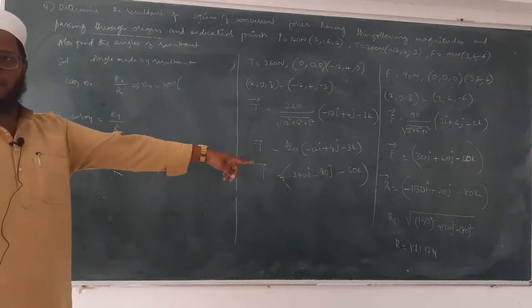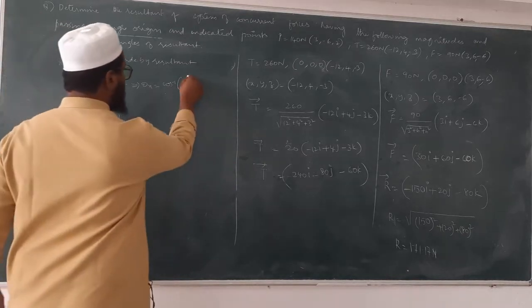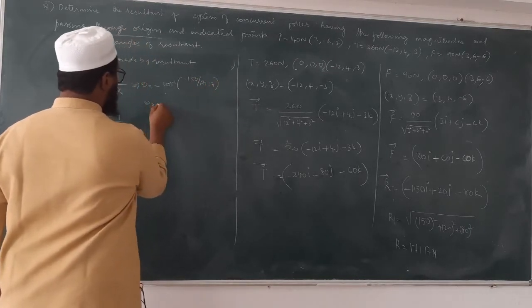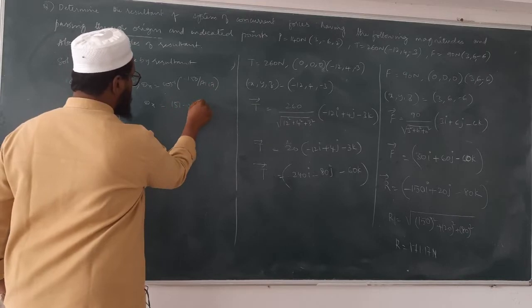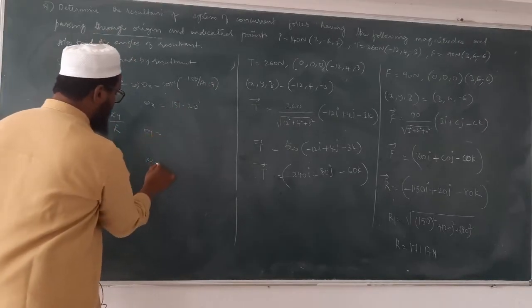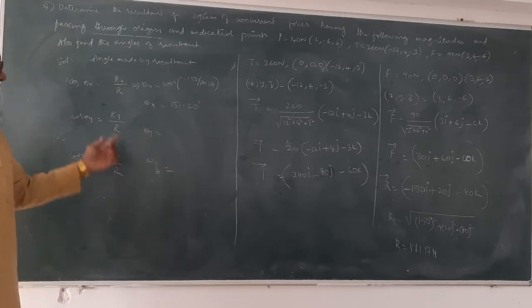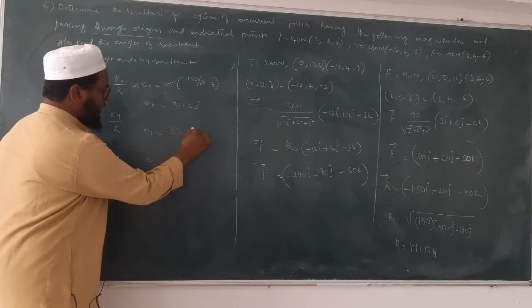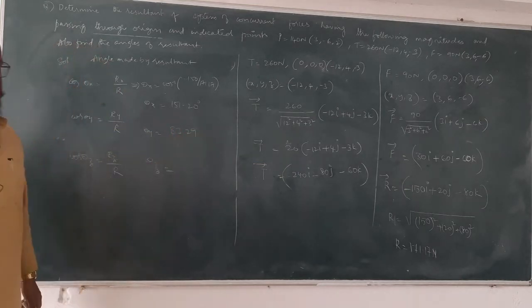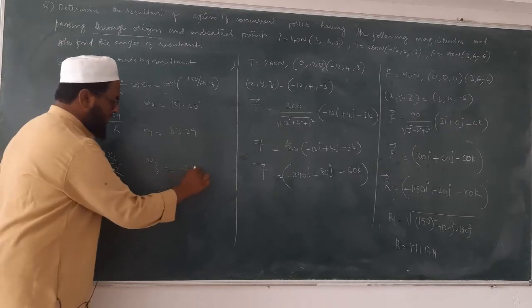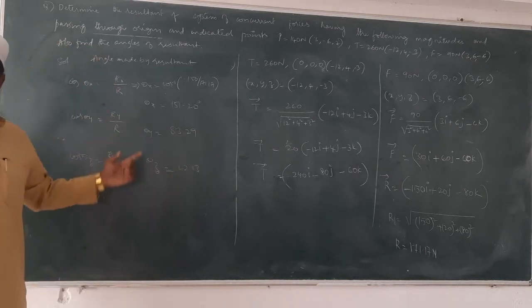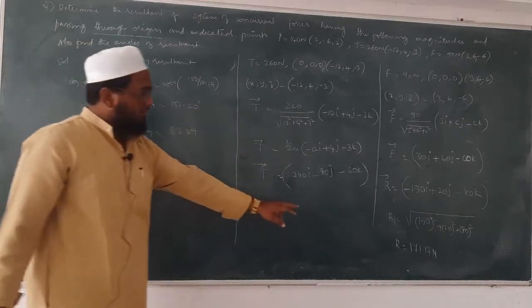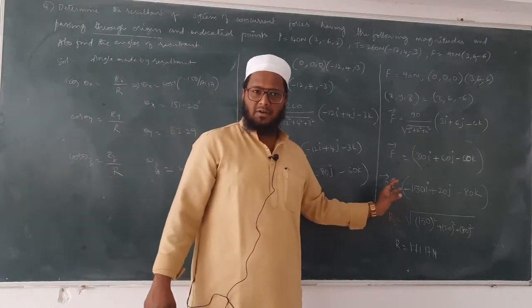So that implies theta x is equal to cos inverse of Rx, that is minus 150 by 171.17. That gives 120 degrees. Then again theta y and theta z, calculate. Ry will be 83.29. Next, 62.13. So we got the angles made by the resultant along with the value of resultant as well as the vector for the resultant. Understood how we got this one?